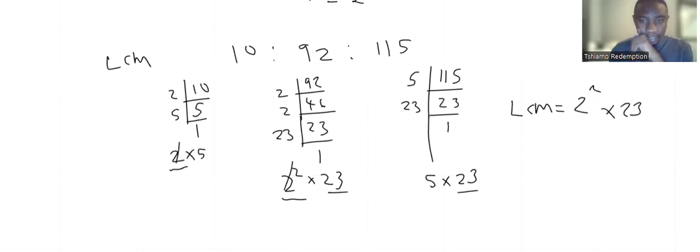The exponent is the same. And then 5, I'm going to list also 5 because it appears. Even if it appears in only one of the numbers, it does not have to appear in all of them. But when it comes to LCM, we list all the prime factors as we see them. But if there is one with the highest exponent, we choose that one. So we're going to say 4 multiplied by 23 multiplied by 5, which is